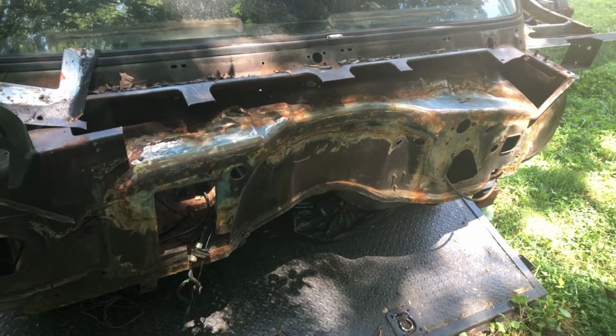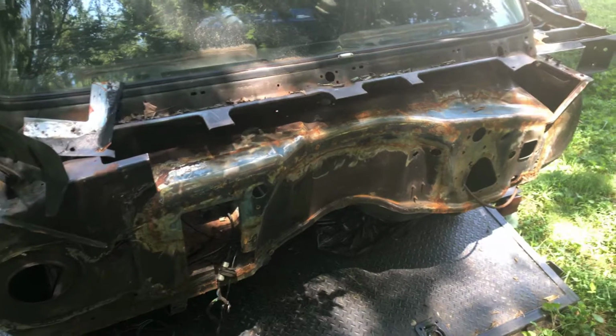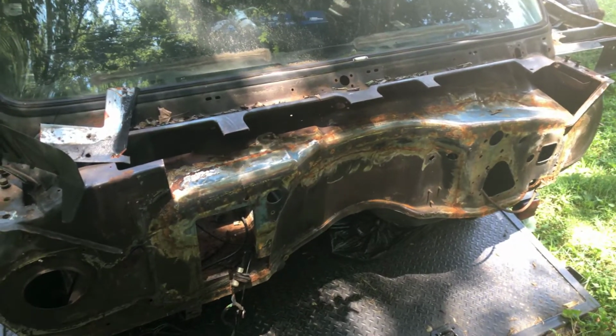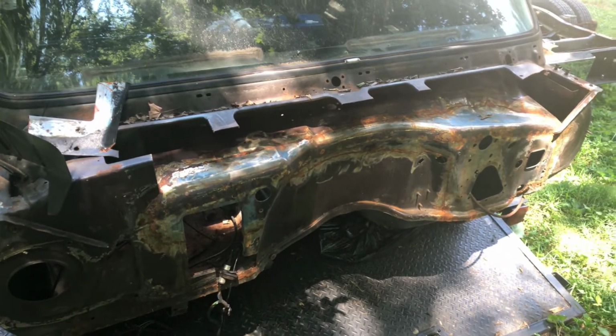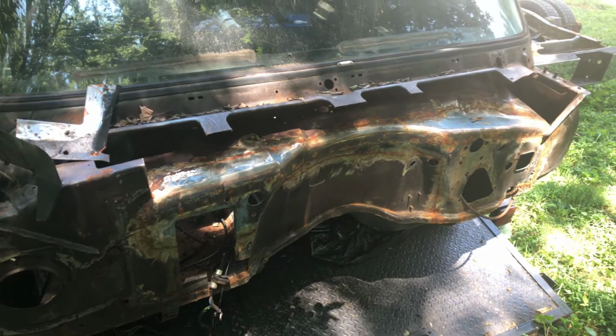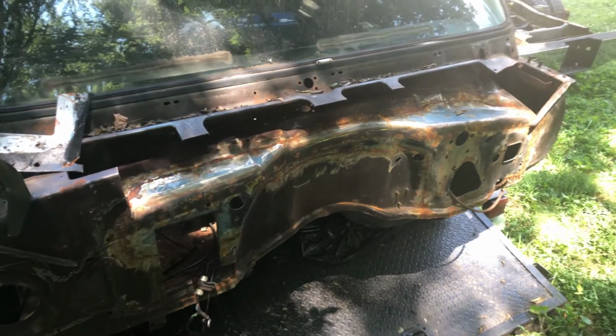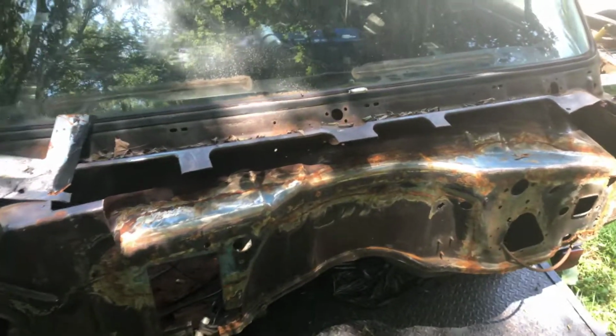Got it in, welded, wasn't paying attention to my regulator, and I ran out of gas, and then I started getting welding wire on the back side of it. A poor judgment call on myself. So again, I stopped, and then I'd say about 2 weeks after that, I'm looking on Craigslist, and